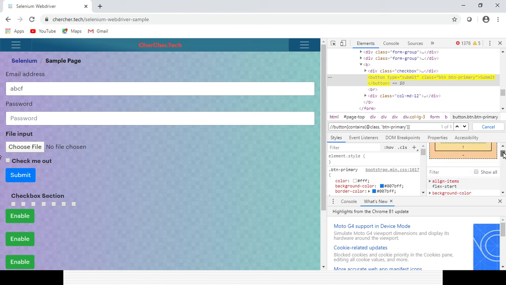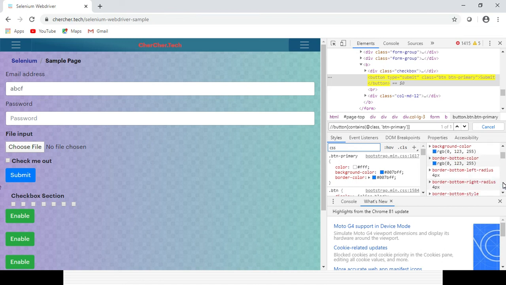You can see here what the CSS properties are: background color, border bottom color, border bottom style, and similar ones. These are the CSS properties. Here you need to search with the CSS word, so that will be better. It will retrieve all the properties for CSS.